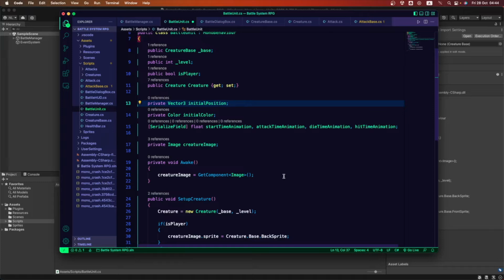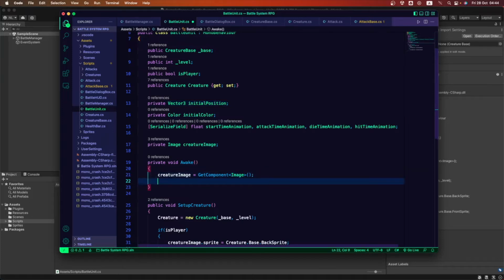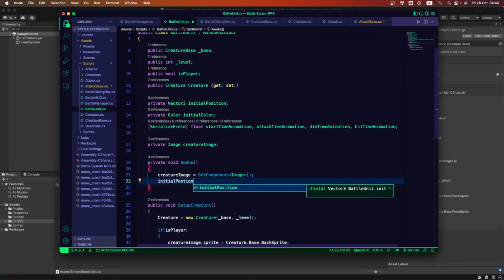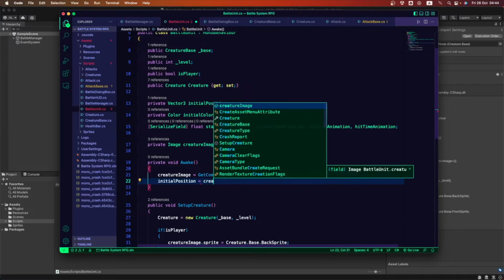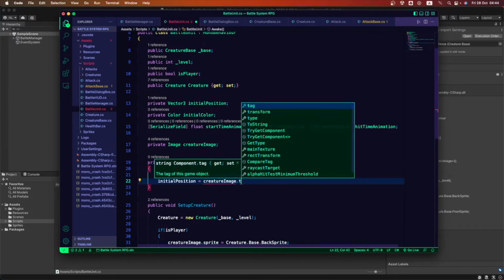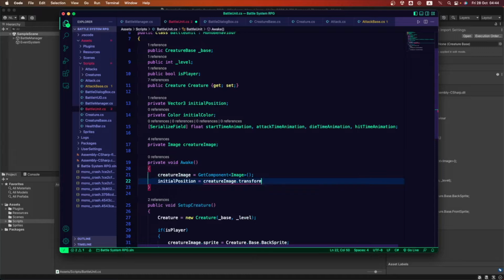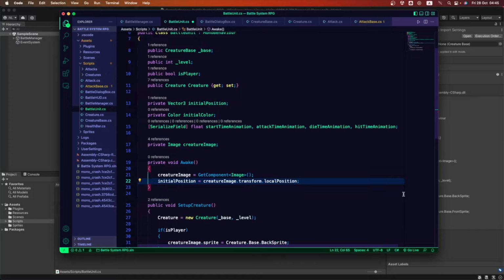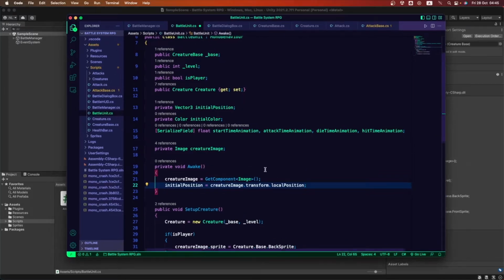So in the awake function, we're gonna add the initial position variable, and we're gonna assign it. Our initial position is gonna be the creature image. We're gonna go into its transform, and into its local position. So basically the position that it already has, that is gonna be our initial position.